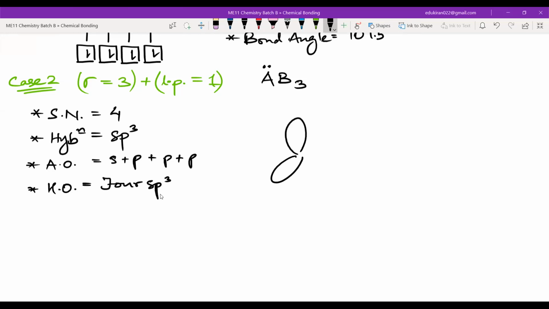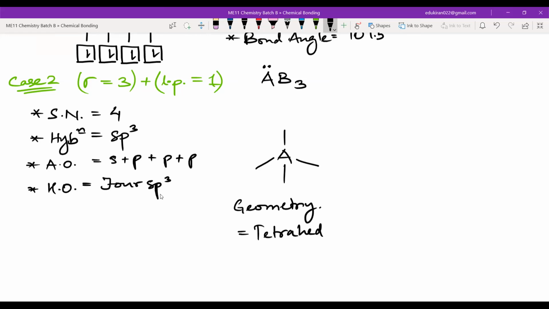So I made things like this earlier, right? Yes or no? Right. That means the hybrid orbitals. Now what I am doing, I am inserting this atom A and giving them the hybrid orbitals. So what this line represents is the hybrid orbital. Okay, got it? Now you will tell me, where will the electrons lie? The valence shell electrons will always lie in the hybrid orbitals. That is why this is the geometry. Geometry is again the same, tetrahedral, right? Yes or no? Geometry is tetrahedral.